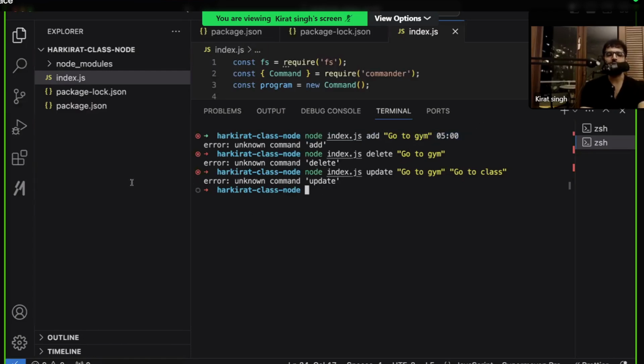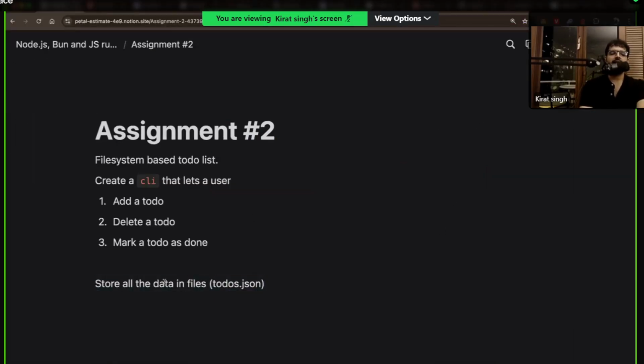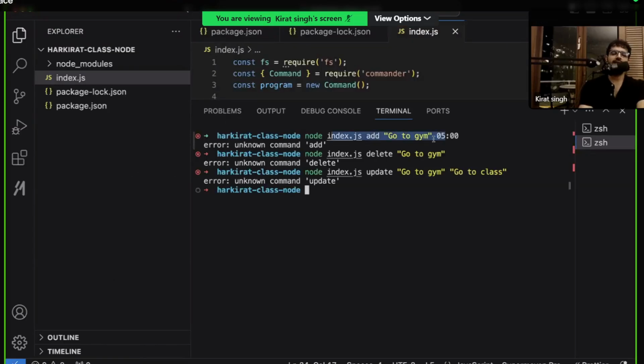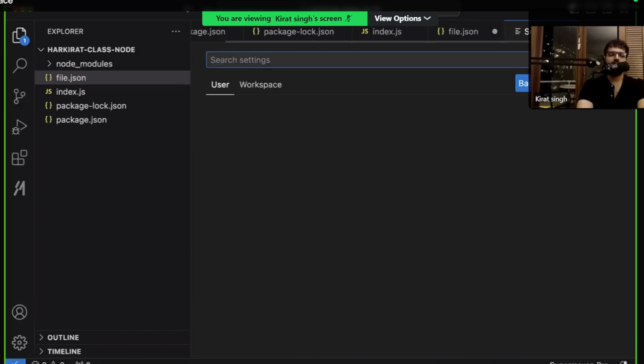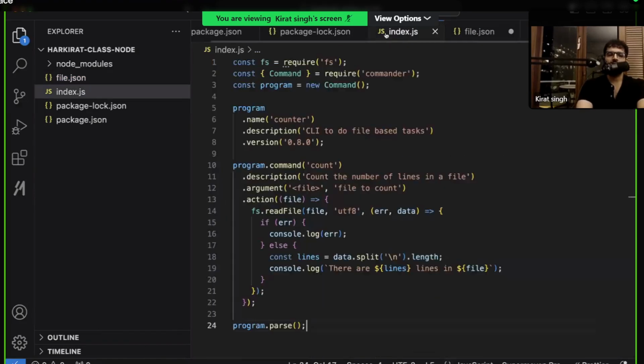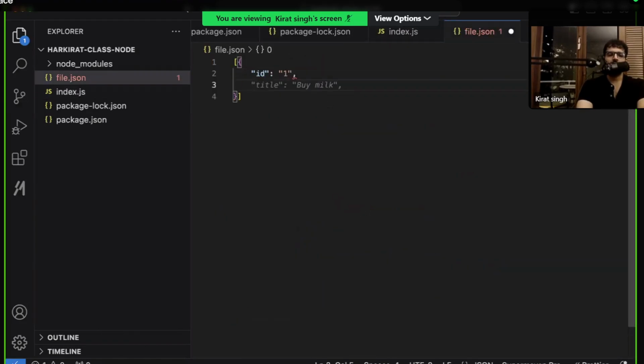The reason it's good to do is because it'll teach you how to store user data inside files. Eventually you will have a file.json here where you'll store an array which has ID one and to-do, whatever, buy milk.